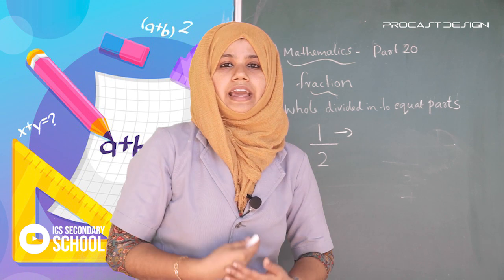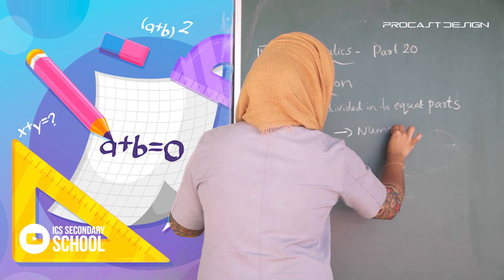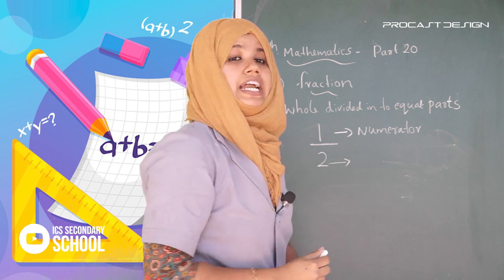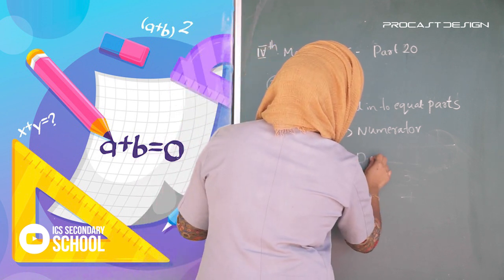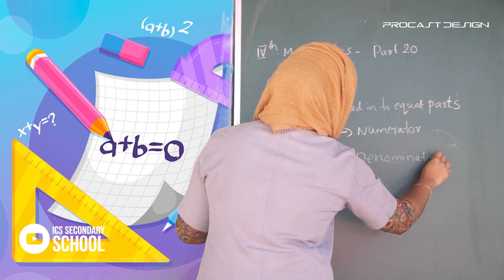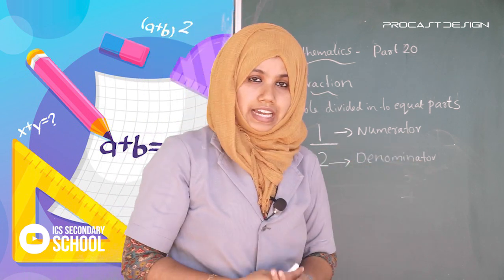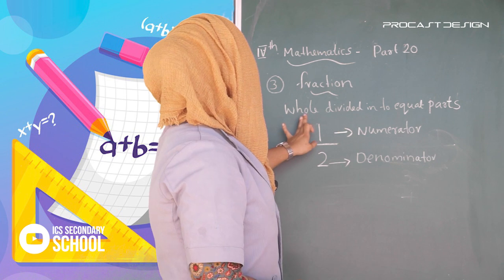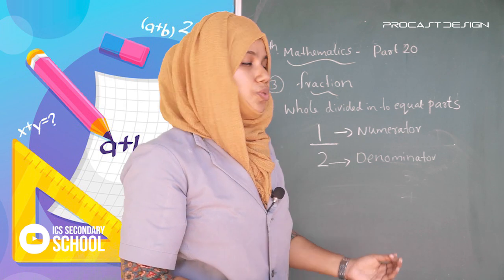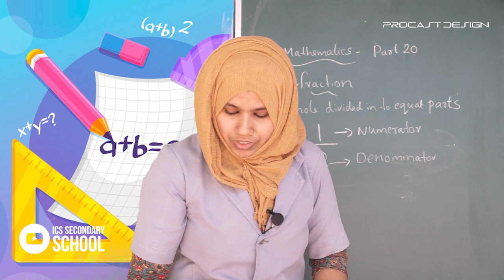the number above the line is called numerator. The number below the line is denominator. Okay, in 1/2, 1 is numerator and 2 is denominator. That means in one part in 2 equal parts, there are total 2 parts and 1 selected part. Okay, so this is